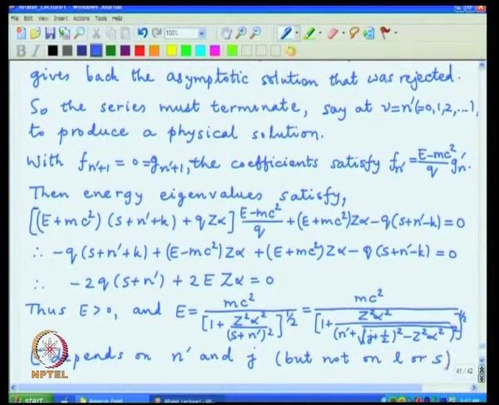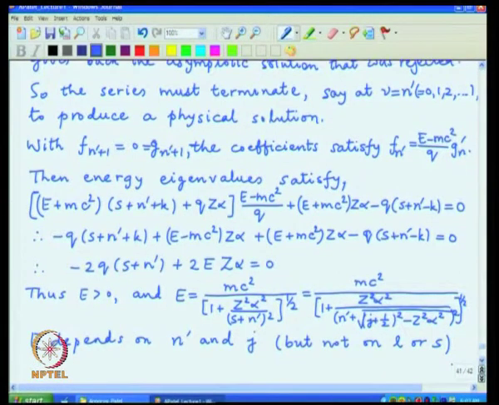which plays the role of the radial quantum number, and J, which is the angular quantum number, but it does not explicitly depend on L or S, and this particular fact is responsible to leave a degeneracy behind, that J can be obtained in two different ways, either J equal to L plus half or J equal to L minus half, and the degeneracy between those two different ways of obtaining J survives in this particular solution.